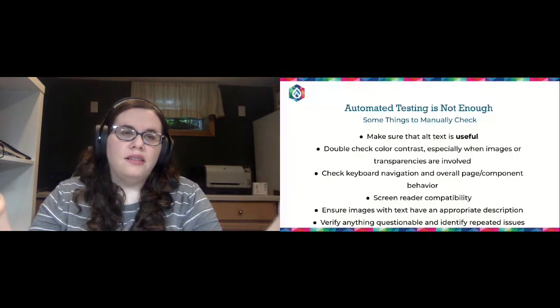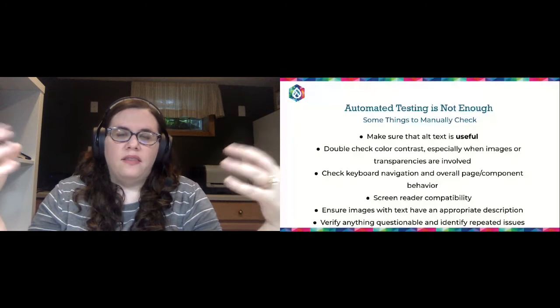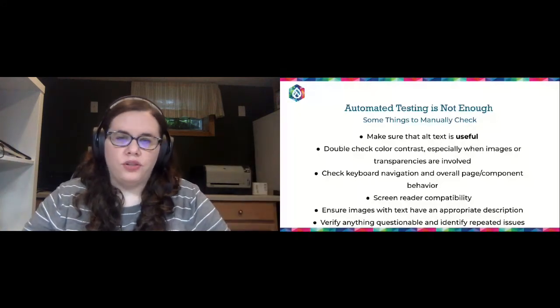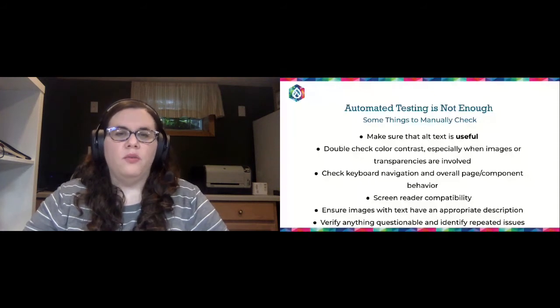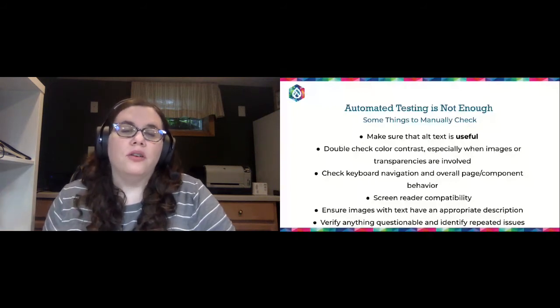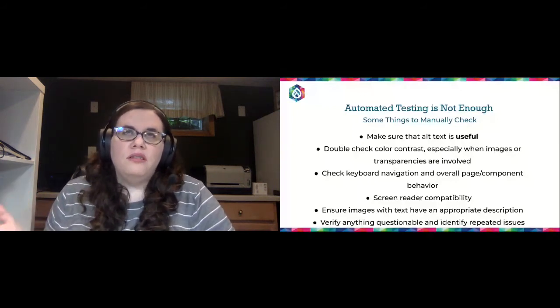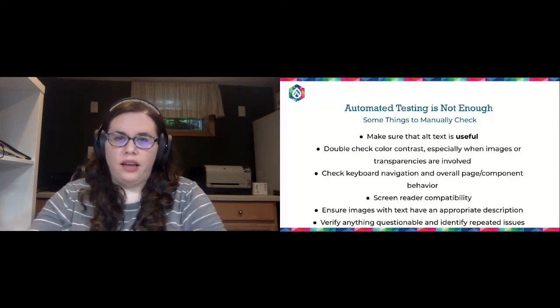And lastly, use the testing tools to verify anything that's coming up repeatedly, so anything that's questionable. It's a really good way to look at, are there issues in our theme or our template? Is there an education issue where we're consistently seeing certain types of things being done incorrectly? So even if it's not something that's easily remedied just by looking at a test, it's something you can begin to narrow down: what are common things that we need to be looking at overall.